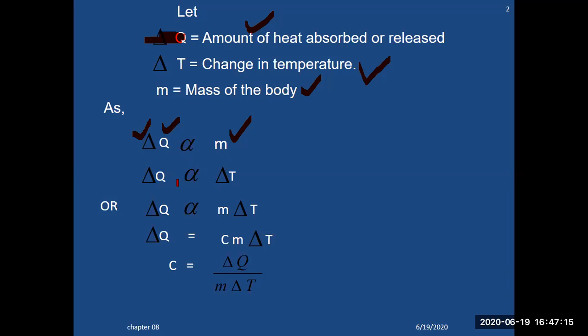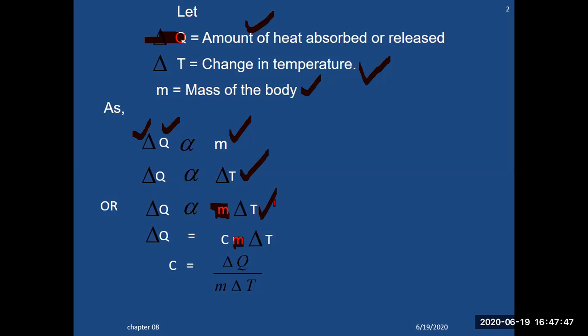Whatsoever heat you increase will result in an increase in temperature. And if you keep the mass of a substance constant, the more you increase the heat, the more you will increase the temperature of that substance. So it is M del T. So del Q is equal to C m del T, where m is the mass of the substance which you have kept constant to see the relation of temperature and heat.